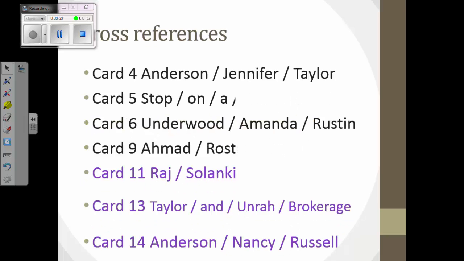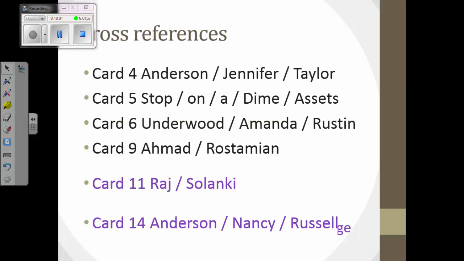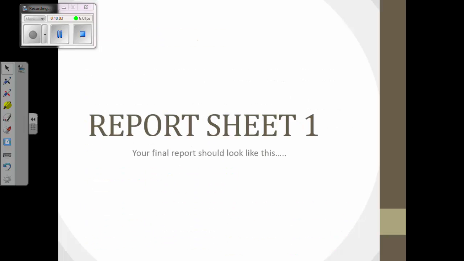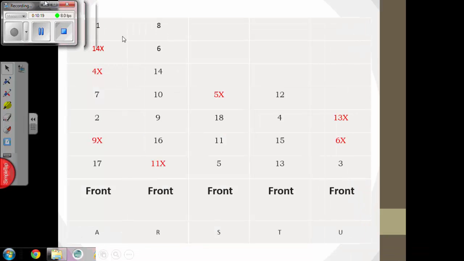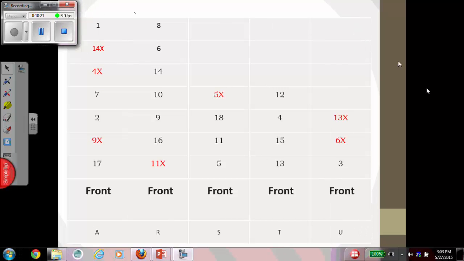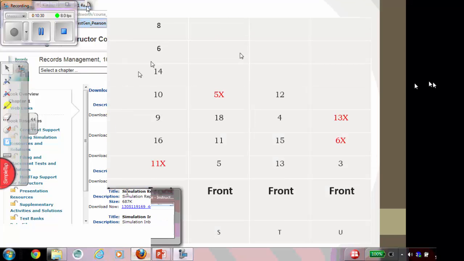Take the cards 1 through 18 and put them in order based on the 2 units. When you have completed your final report, it should look like this. You can pause this video if you need to view this report sheet for a longer time. The report sheet